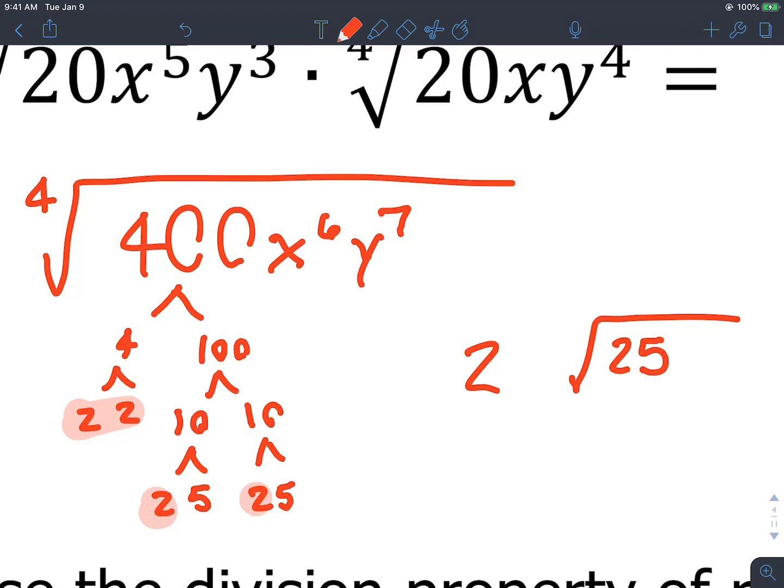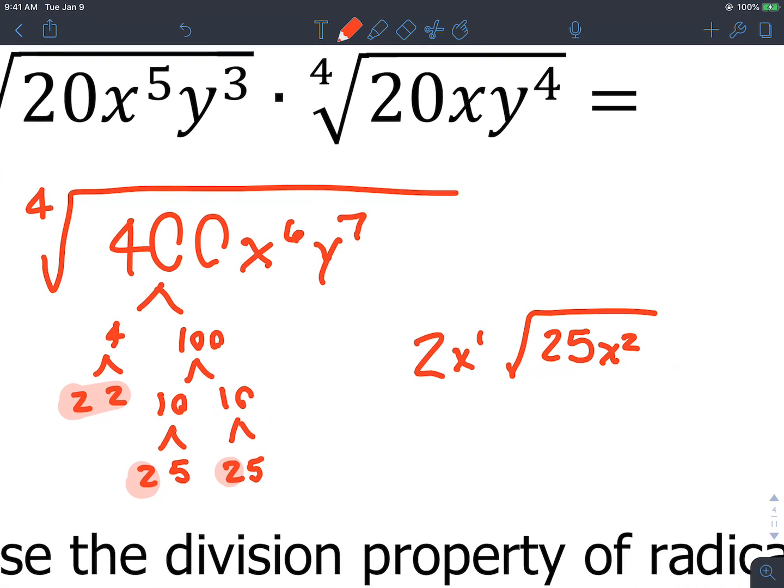How many sets of 4 do you have there? If you do 6 divided by 4, you'll have one full group, or you could say, how many times does 4 right here go into 6? It goes in one full time. So you'll have one full group right there, x to the first. You don't need to write to the first if you don't want to. And then, you'd have 2 left over